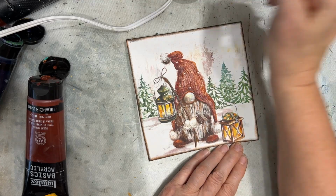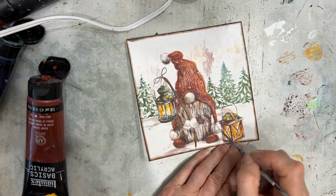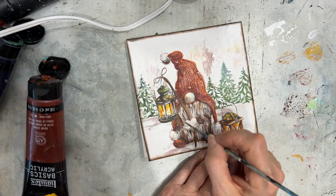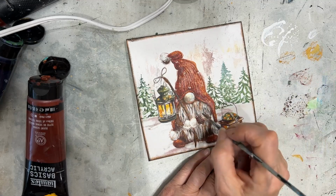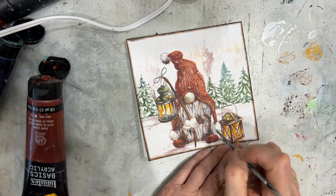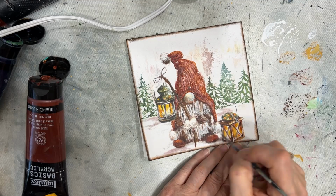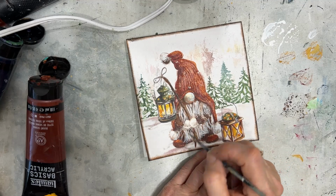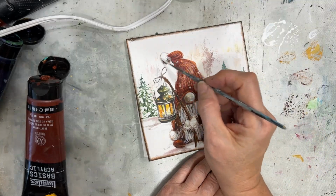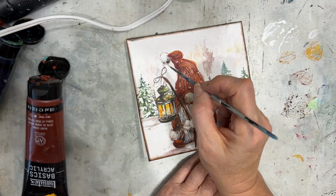Here I'm just adding white. I've got my liner brush and I'm just flicking, making it look like the beard is going past those points. Again, making this whole thing look a whole lot more painterly. Brightening up the white part of